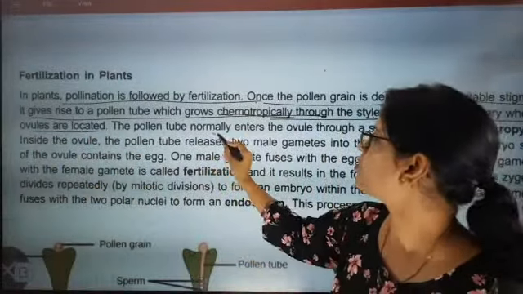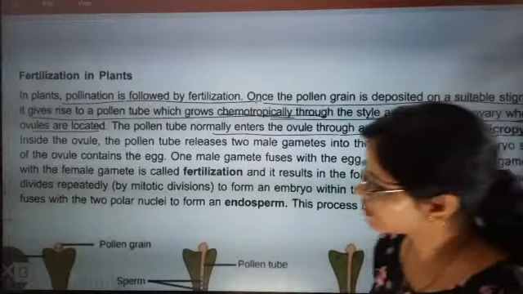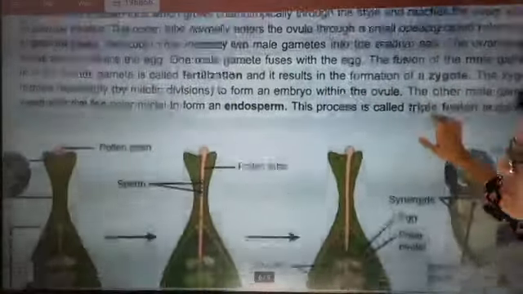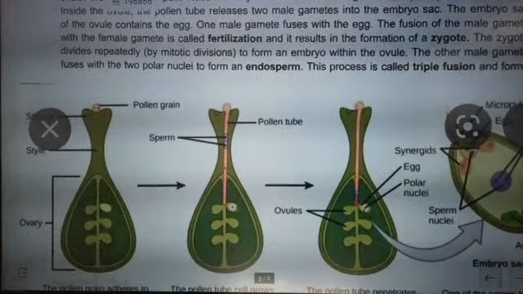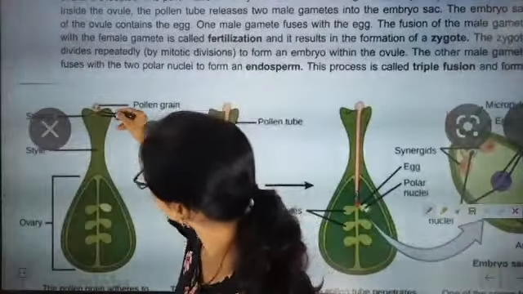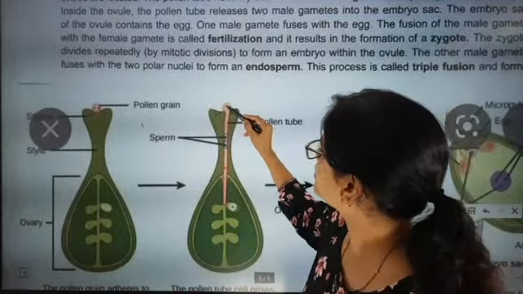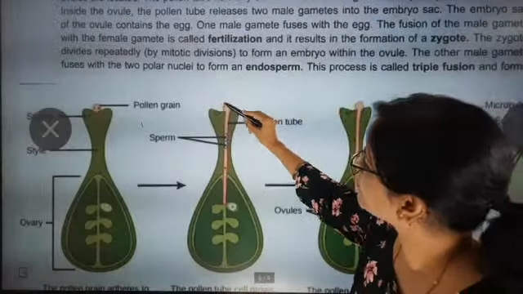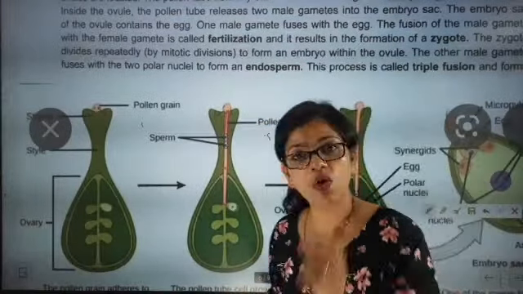located. The pollen tube normally enters the ovule through a small opening called the micropyle. Here this pollen tube will be there. You can see this part very nicely, beta. I tried to gather more information for you. Here you can see the pollen grain, and this is the stigma. From here you can see that there is only one small opening, called the micropyle. From here the pollen tube formation will start,